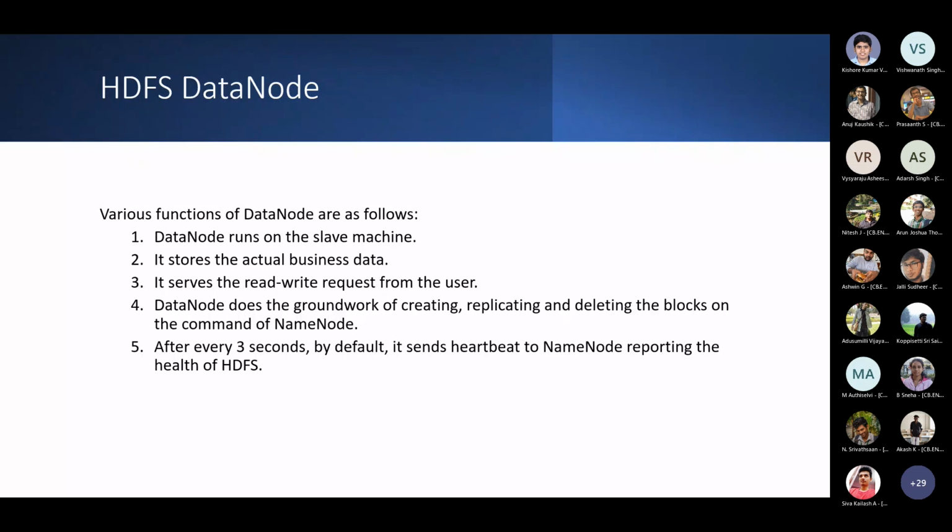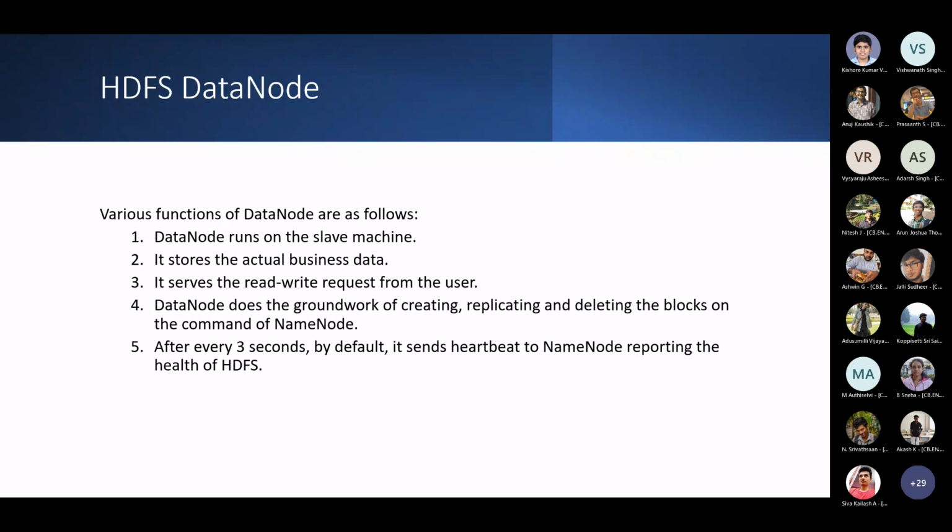And obviously the second part of that is the data node, which runs on the slaves. The data node daemon runs on the slaves, and it is the one which actually does the work on the slave nodes. It adds, removes and replicates all kinds of small blocks that are coming in. Please remember, we are not looking at the processing part yet.